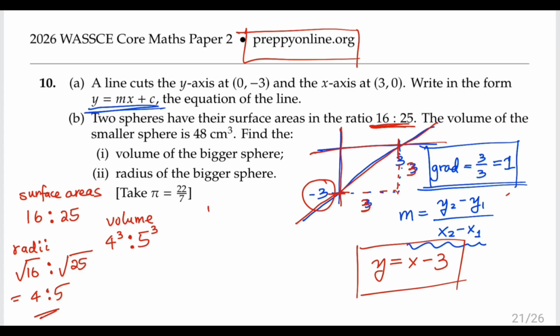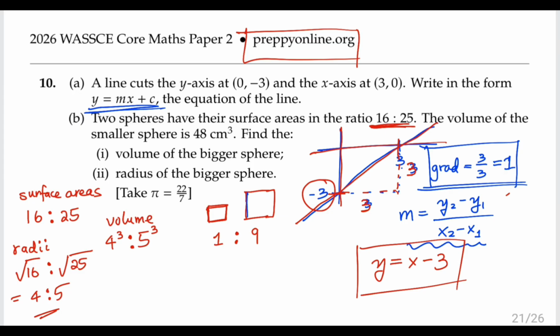So for instance, if you have a square like this and another square like this, and you say that their areas are in the ratio 1 is to 9,